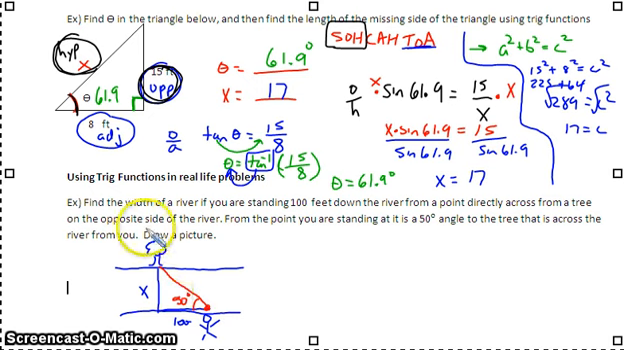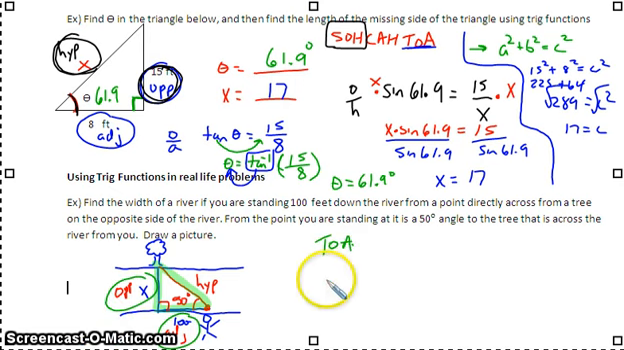And the question again says, find the width of the river. So I want to find this. So you've got your right triangle that you can deal with. Again, I know that this is a right triangle because I'm doing it directly across from the tree. So thinking about this, this would be the opposite side, this would be the adjacent, and this would be the hypotenuse. Now because I'm trying to find opposite and I know the adjacent, I'm going to use the TOA part of